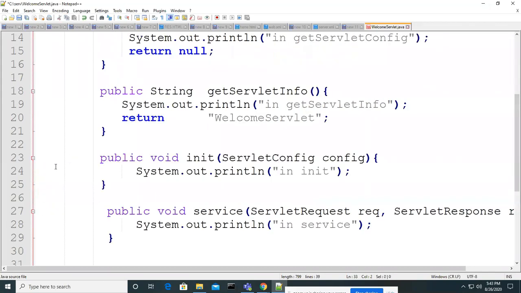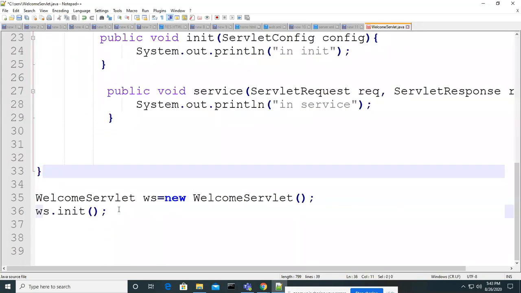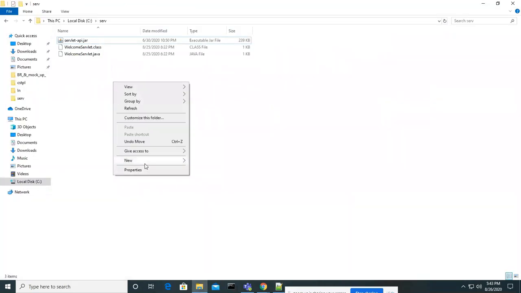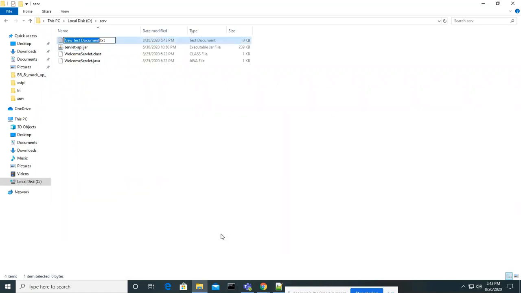Okay. So what I will do is take these two lines of code and write a program called Test.java.